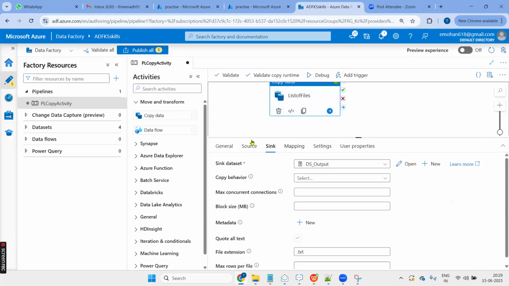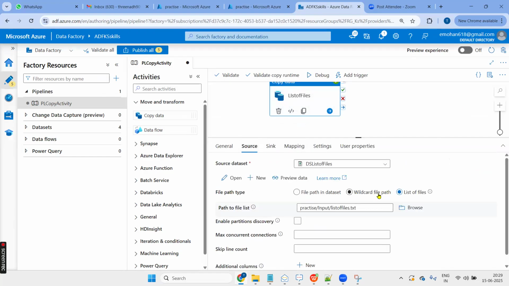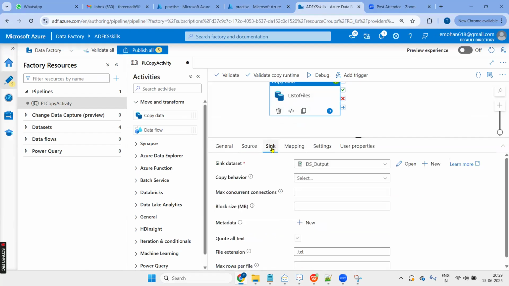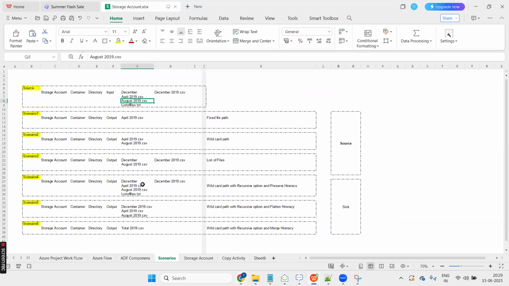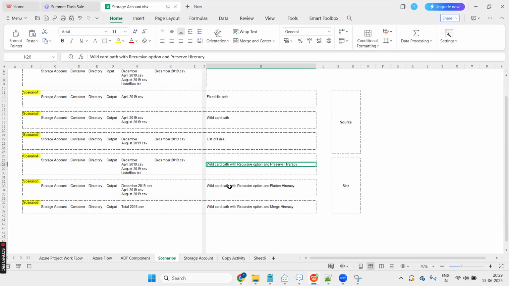Similarly, these are the options available and the scenarios that we have implemented in the source part. In the sink, we have 3 copy behaviors: flatten hierarchy, merge files, and preserve hierarchy. Preserve hierarchy means that whatever folder structure we have, with the same folder structure it will copy into our output. Whereas flatten hierarchy means